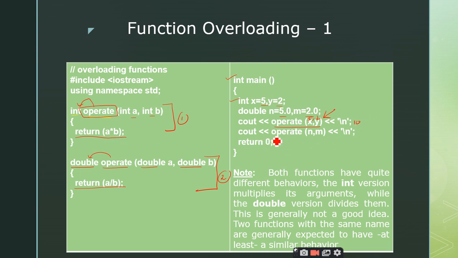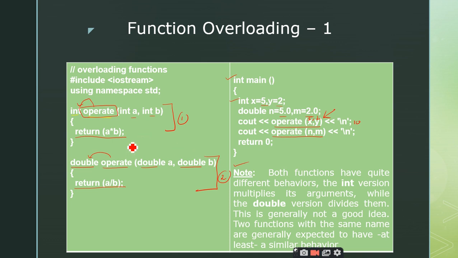What about this one? This is going to invoke the second function. Why? Because the parameters given to the operate function are 5.0 and 2.0, which belong to double data type. Therefore the second function is going to be invoked, and it is going to give the division of a by b. So 5 by 2 result will be printed, right? And the important point you have to remember here is